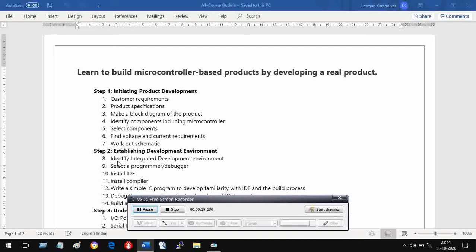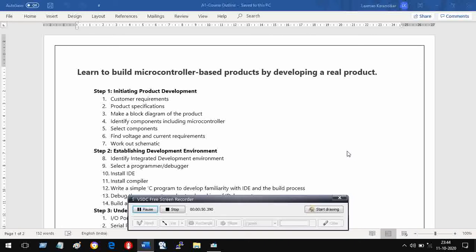Point number 8 is identify integrated development environment. What I will do is, I will take you to an actual integrated development environment. Why is it called integrated? Because it integrates several functions. For example, you want to write a program, so you need an editor, a text editor.